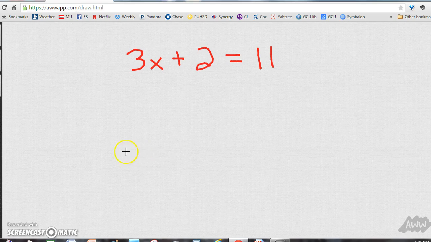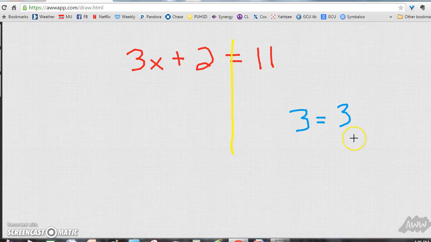So step number one is let's identify where our equal sign is and draw a line right down the middle of it. By doing that, I have separated my equation into a left side and a right side. Here's my left side, here's my right side. Now whatever I do to one side of the equation, I have to do to the other side of the equation. For example, if I have an equation that looks like this,